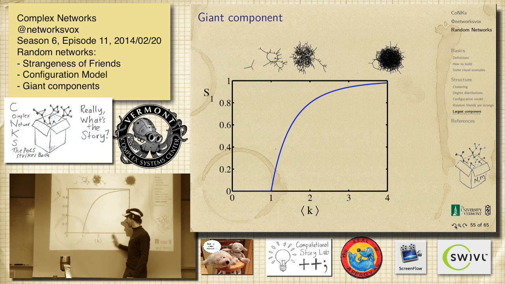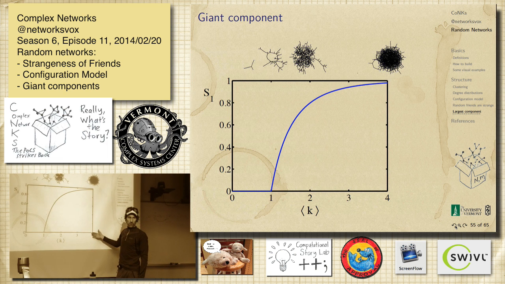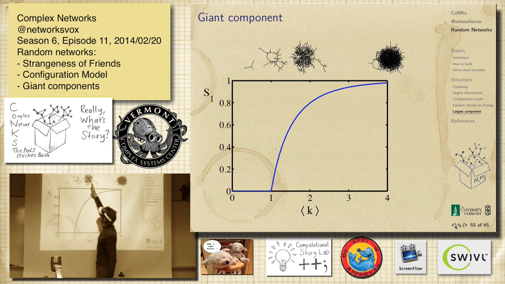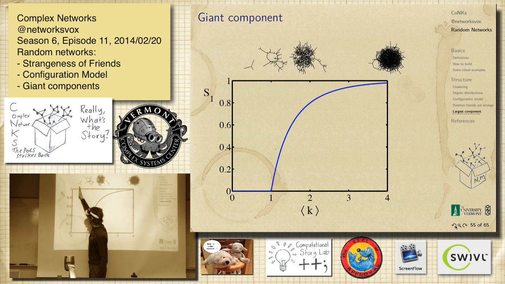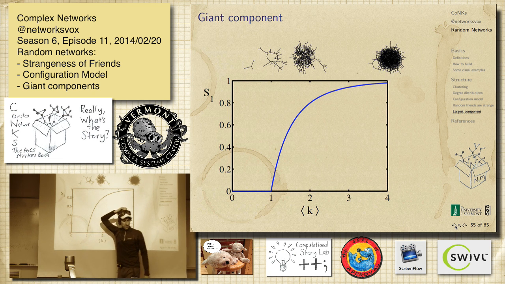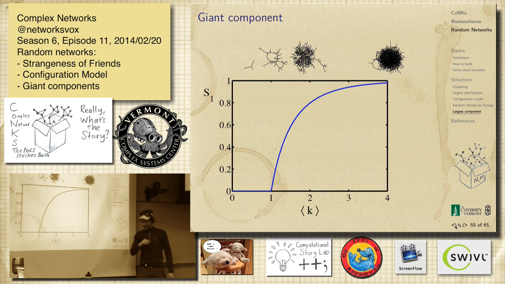So for Poisson, and we saw this in the first lecture, this is the fractional size of the largest component. You don't see anything until we get to 1. So there's something crucial about 1, and then we have this nice phase transition. It's a spectacular phase transition. It's getting closer and closer to 1, and this is only at an average degree of 4. Almost all of the nodes are in the giant component here. And these are examples at particular values. At 1, this is pretty bad. At a half or so, the largest component is tiny. These are taken from before, with 500 nodes. That's almost all broken up.